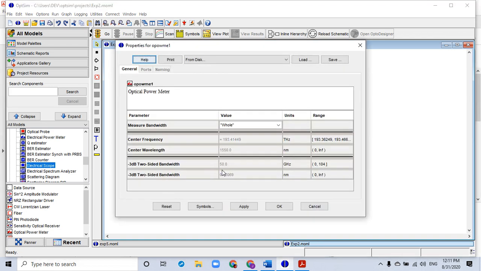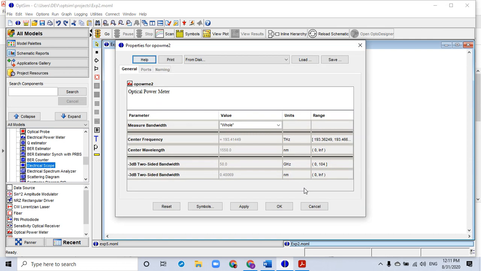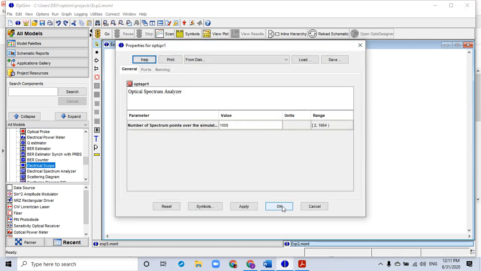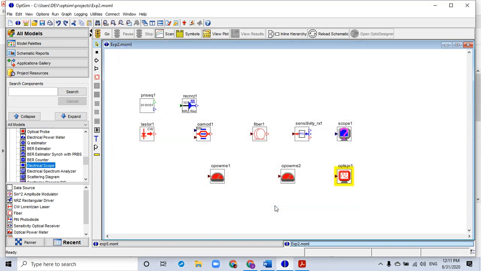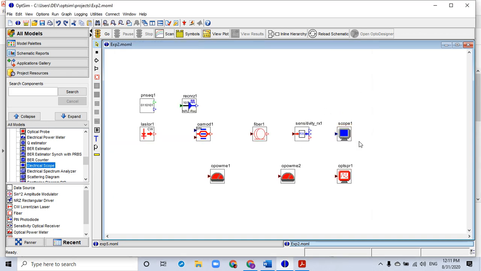Similarly, we have to initialize each and every measurement component also. So we do that. As soon as you initialize the component, the question mark which is there, in case the component was not initialized, a question mark will appear over here. And as soon as you initiate it, that means you have set up the properties of that particular component.